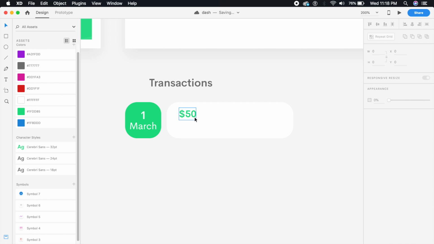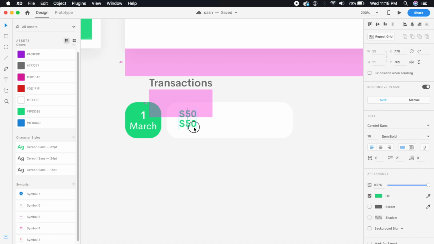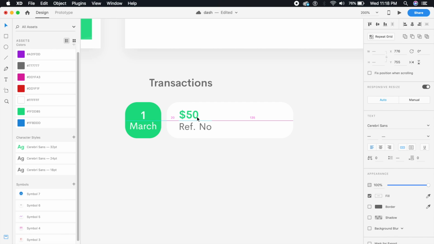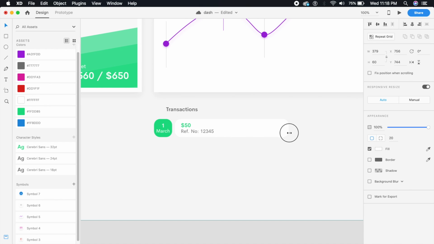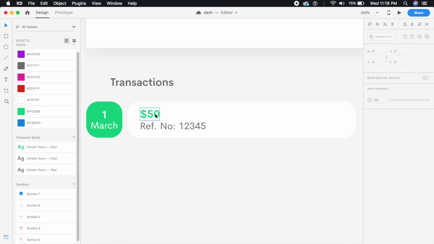Perfect. And I'll hold Option and copy this over, and I'll say reference number or check number, whatever you want to call it, and I'll make this a regular and give this a gray color. Again, the above text here should be about 18 pixels, and the smaller one can be 16. So we've got this, and I want this to be in the middle. Perfect. Reference number, we'll just give any random reference number, 1 2 3 4 5. Perfect. And I'll just elongate this box, make sure it's wide enough, and I want another value which will showcase